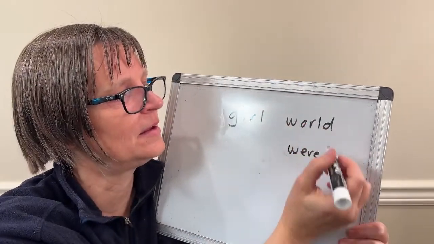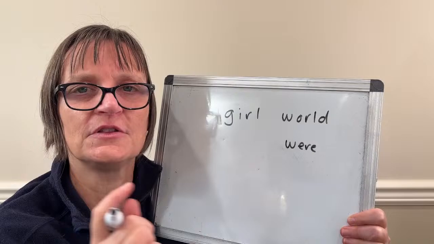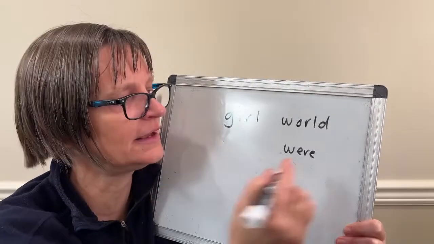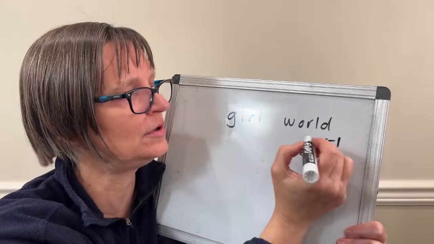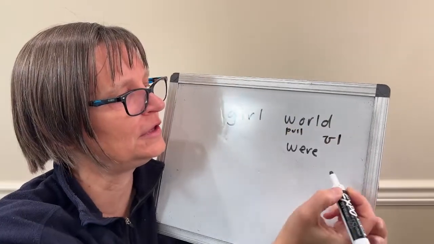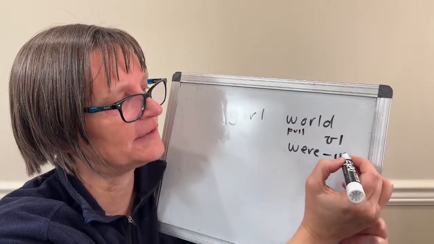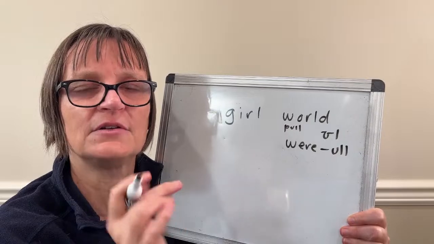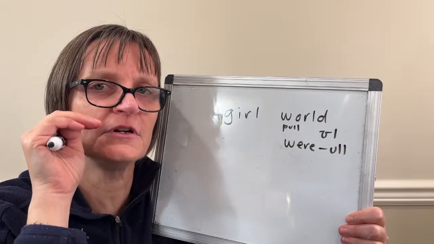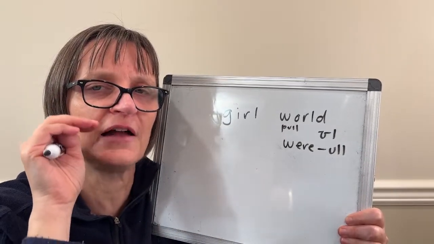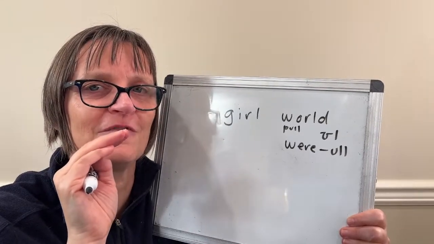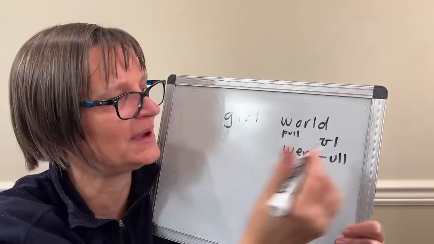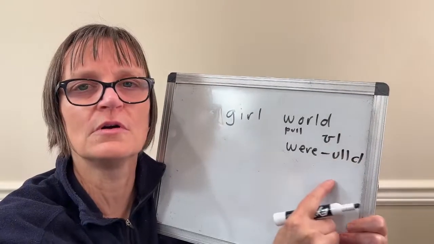And then as I move from the R to the L, it's a dark L here. It's going to have a little bit of this sound like in pull or full. So think about it as having a little bit of an uh sound. So my tongue drops a little out of that tight R into the uh position. Then I finish lifting the front of the tongue for the L and add my D. So world,